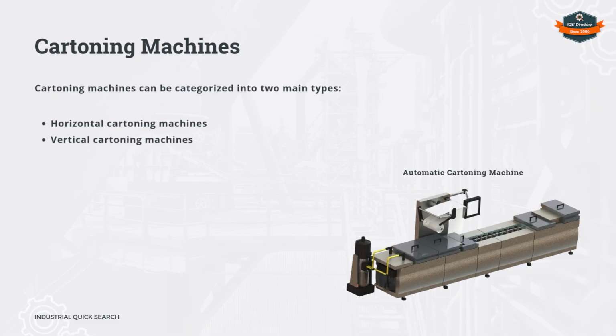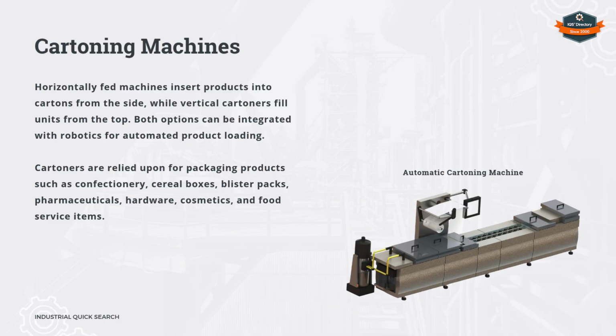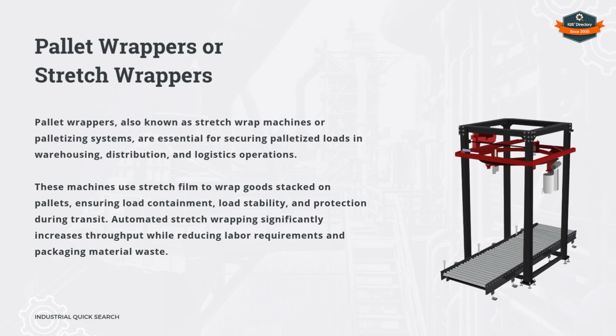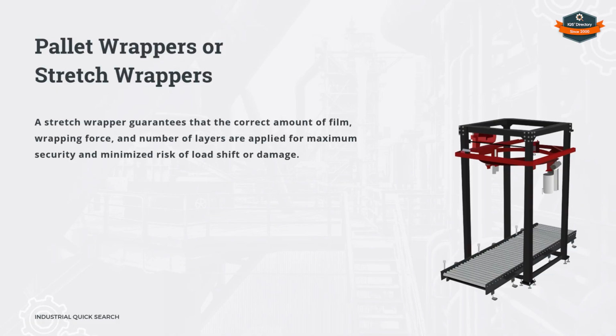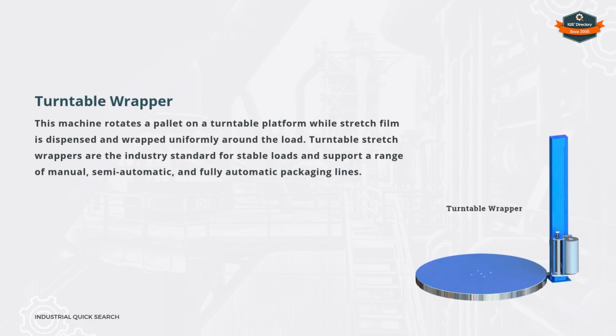Cartoning machines can be categorized into two main types. Pallet wrappers or stretch wrappers. Three major factors for optimal load containment include turntable wrapper,